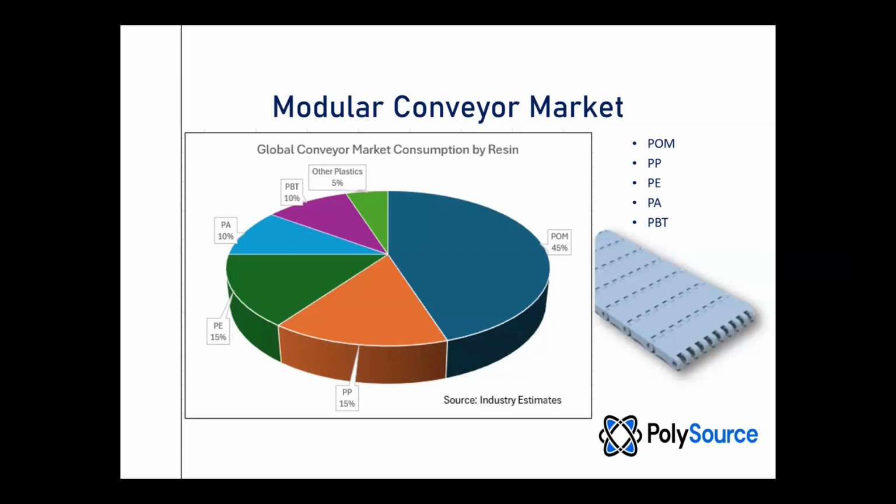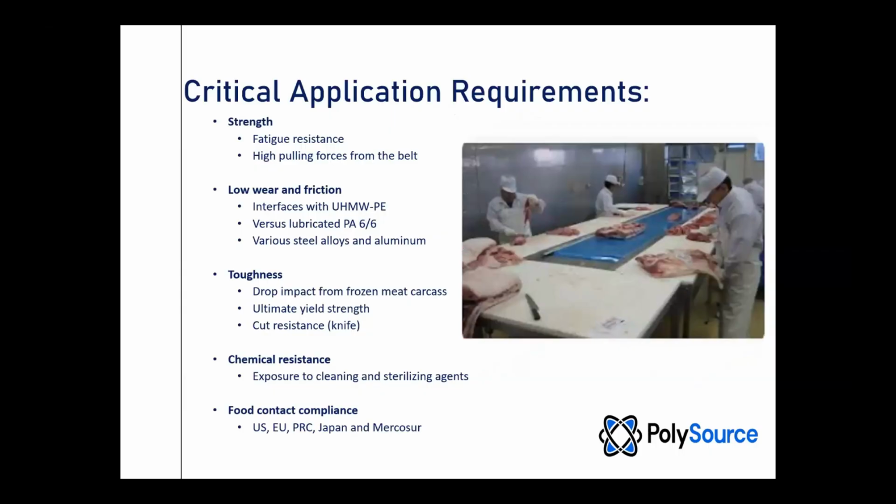Just a handful of materials are used in this market. POM is probably the lion's share of most of these materials. There are some unique applications where a few other polymers go into that. So aside from typical conveyor belt applications where strength and low wear and friction are needed, this particular application was